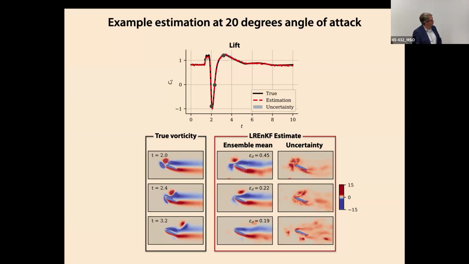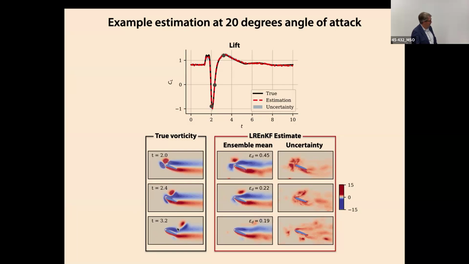But the gust produces a really large deviation from that nominal lift, and so the estimate does a really good job of getting that. So now my ensemble Kalman filter with neural network operators does a very good job of latching onto that, and the uncertainty is pretty low on that. So this is what that uncertainty looks like back on vorticity. This is the ensemble mean. This is the true vorticity.